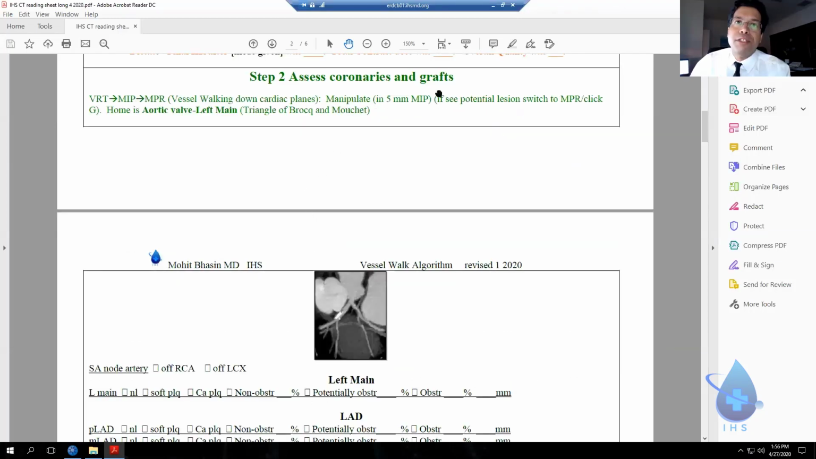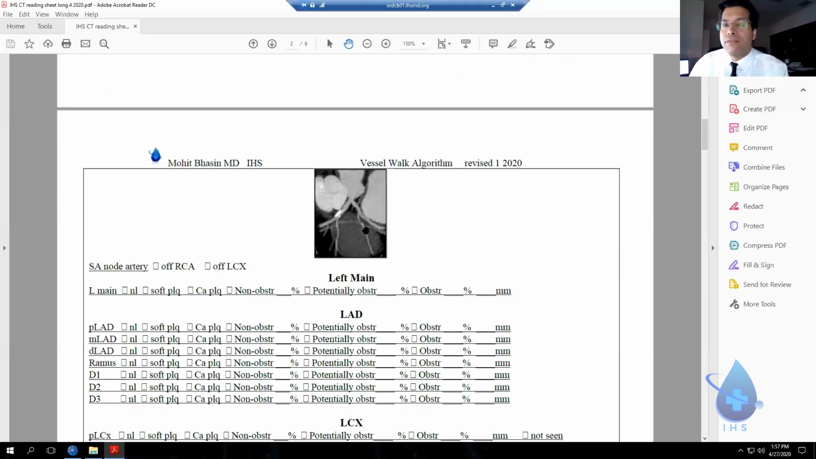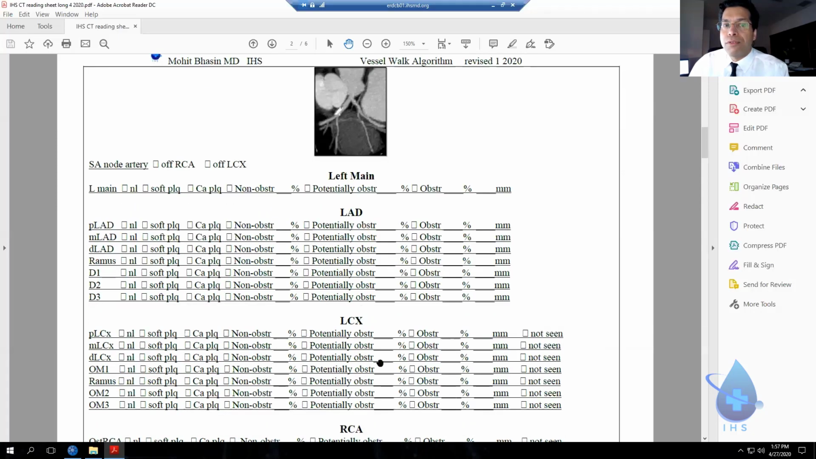Down the list here, step 2 is to assess the coronaries. We just did that. That's called vessel walking down the cardiac planes. Manipulate in 5 millimeters to see if there's a potential lesion, you switch to MPR or click G for gangster. Home is your aortic valve left main. That's the triangle of Brocq-Mouchet. And when you click the preset, the Centera Heart preset, MIP, it will go there automatically. And that's this view, the triangle view. That's your home position. Then once you get to that view, go through the coronaries